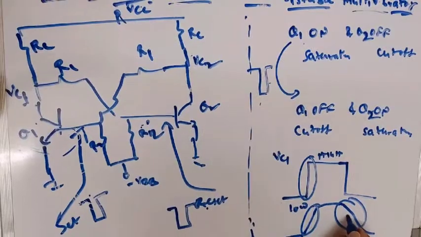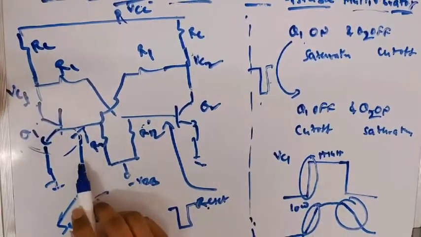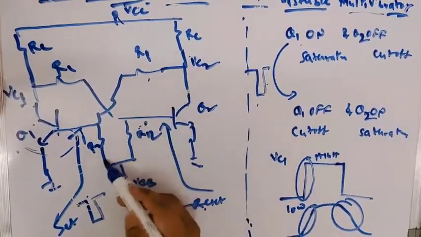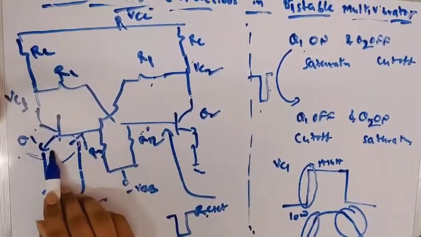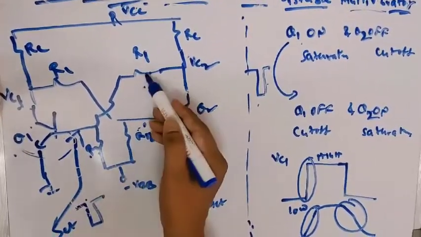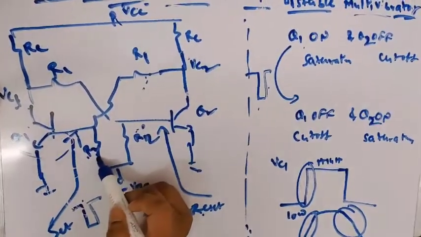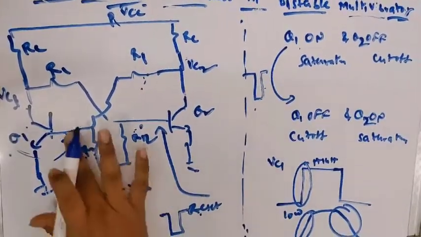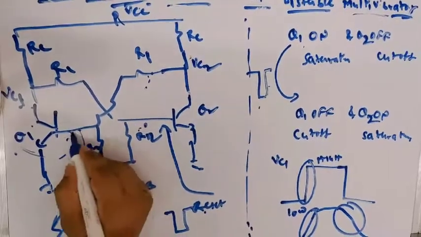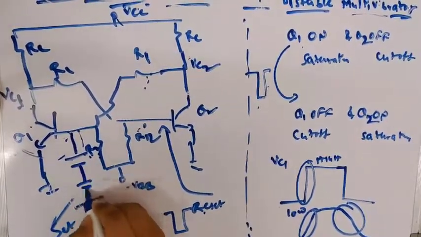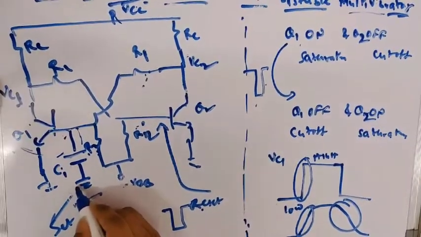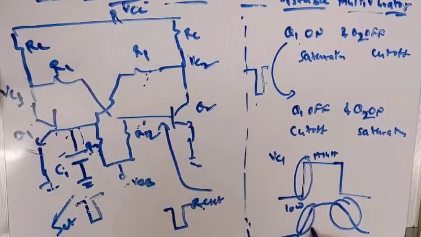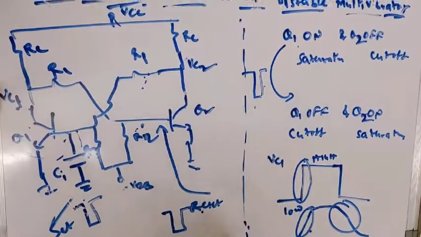This exists because of the parasitic or stray capacitance which exists between the elements here. The two elements connected to the base of Q1 are R1 and R2. Whenever two elements are connected with some potential difference, there is always a possibility of the existence of stray capacitance, and this concept we discussed in the case of attenuators. When there is a stray capacitance effect here, there is a possibility of transition time. So we will discuss this part.